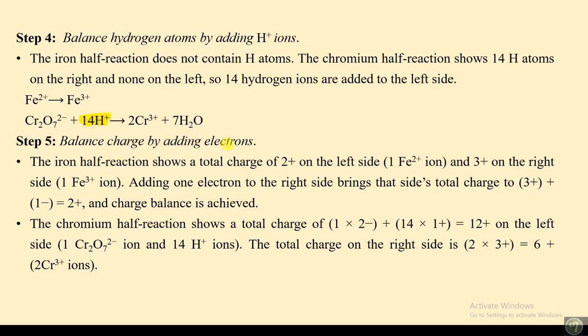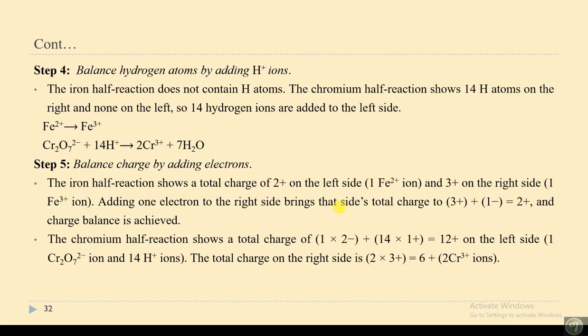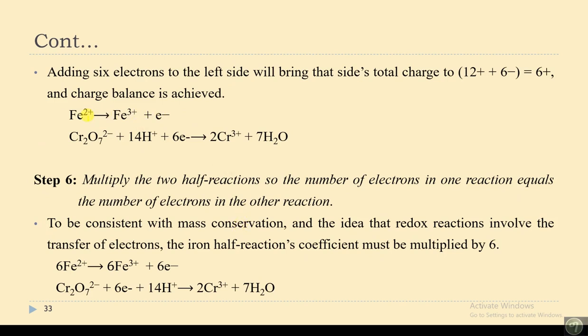ከዛ ባላንስ ቻርጅ ባይ አዲንግ ኤሌክትሮን ጨምሩ ነው። ቻርጅ ባላንስ ለማድረግ ኤሌክትሮን ጨምሩ። ሶ እዚህ ጋር ኦኬ እያንዳንዱን ነው የጨመርን። እዚህ ጋር ሉክ አይረን እዚህ +2 እዚህ +3 ስለዚህ 2 እንዲሆን አንድ ኤሌክትሮን በዚህ ጨመሩ። ሶ 3 ሲቀነስ 1 2 በዚህ ሳይድ 2 እሺ እዚህም ጋር 2 ሲባዛ 3 6 ስለዚህ በዚህ ሳይድም 6 መምጣት አለበት።